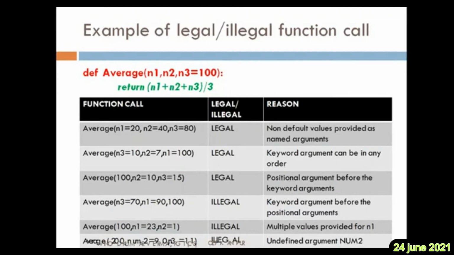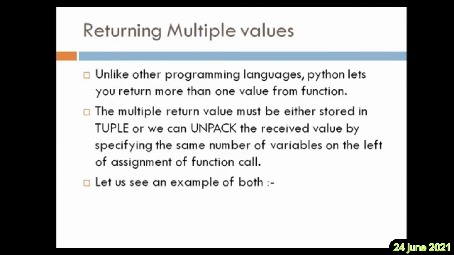Now still this concept is not complete. So far we have discussed parameters and arguments: what are the types of parameters or types of arguments, and how the passing mechanism works. The passing mechanism means a sending variable and a receiving variable, in which order you have to send, in which order you have to receive, whether the number of arguments must be the same in both, or they may be in a different position. So far we are talking about passing an argument or a parameter and receiving a parameter. Now we will talk about returning.